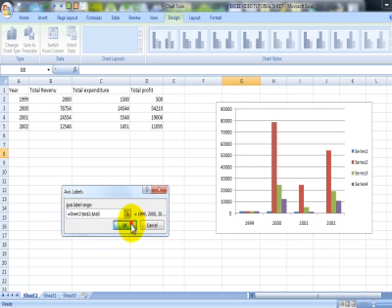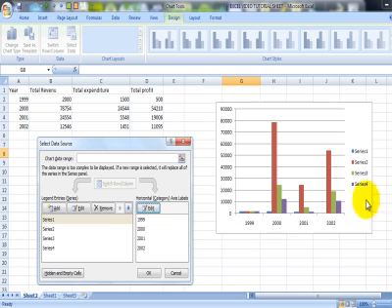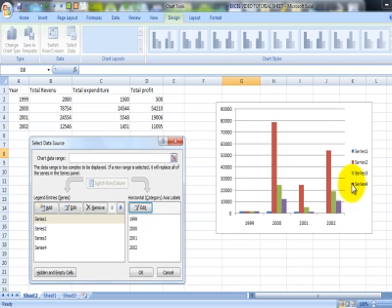As soon as I leave my cursor it changes the field here into years: 1999, 2000, 2001, 2002. Okay, I want to show years here, and instead of series 1, 2, 3 and 4 I would like to tell Excel to show the names of columns according to the data I have in these fields. The first one is series 1, and actually we have only 3 series but it's showing 4 bars, so we don't need series 1. I'm just going and removing it.